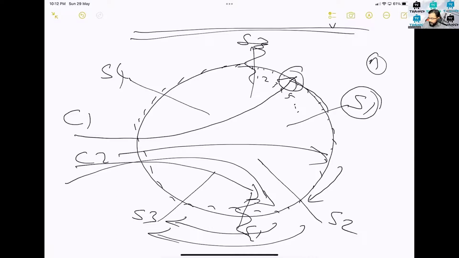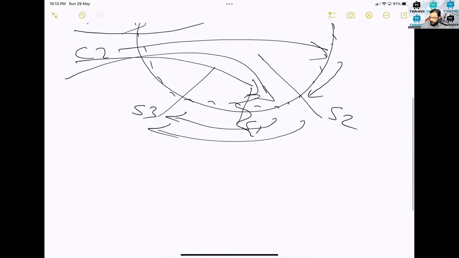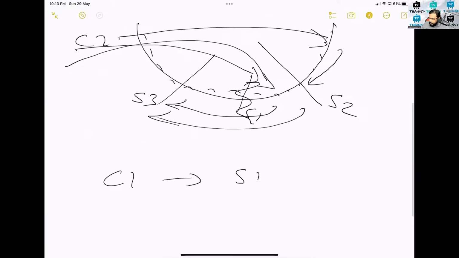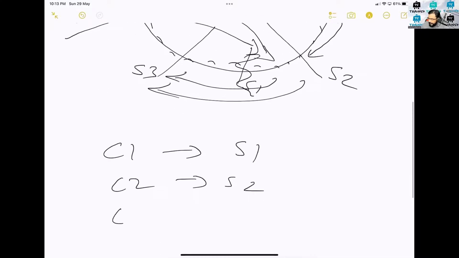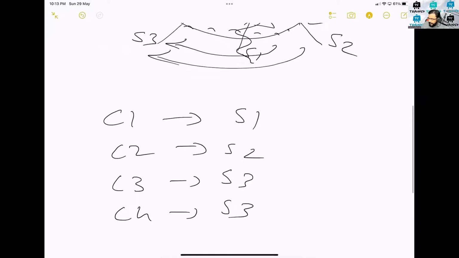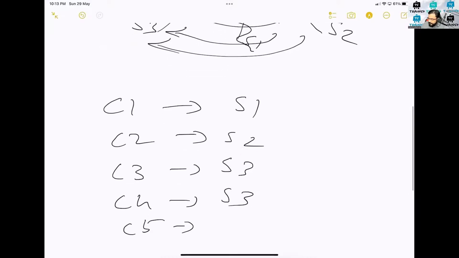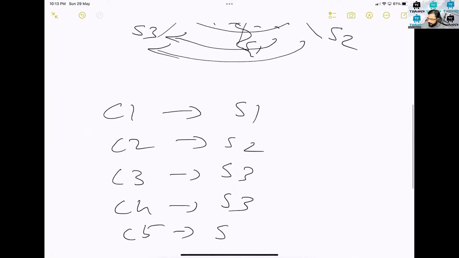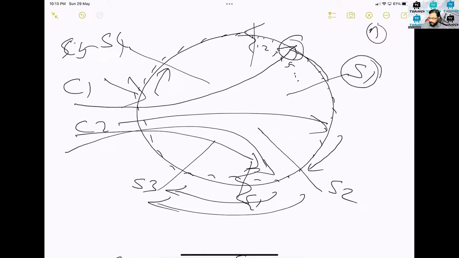And maybe C5 is coming here, so it will go to S4. So basically, C1 is going to S1, C2 is going to S2, C3 is going to S3, C4 is going to S3 again, and C5 is going to S4. Compared to the previous simple hashing example, which was directly going to a server's number, it is going to